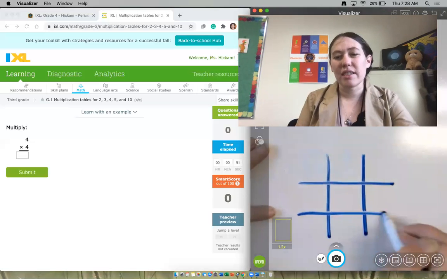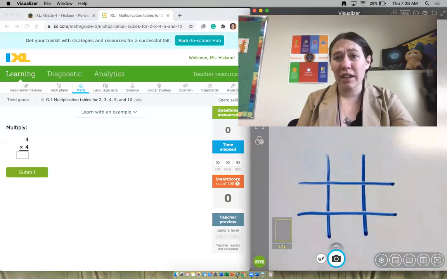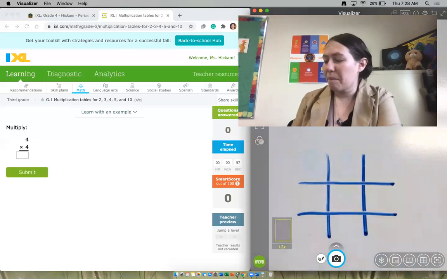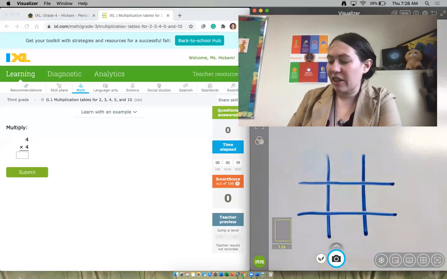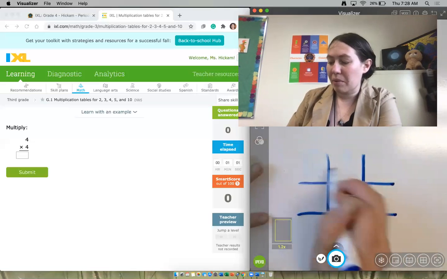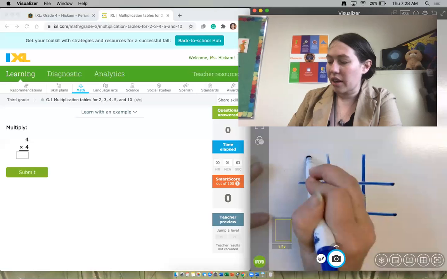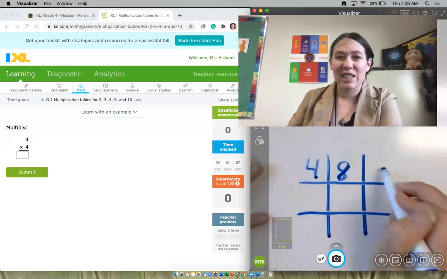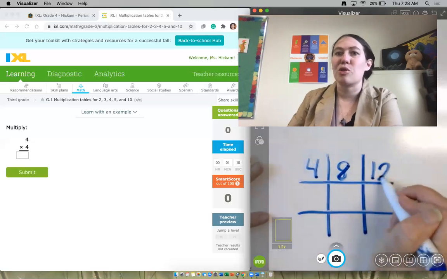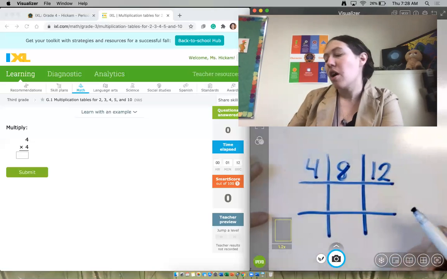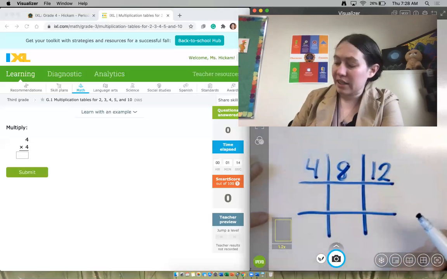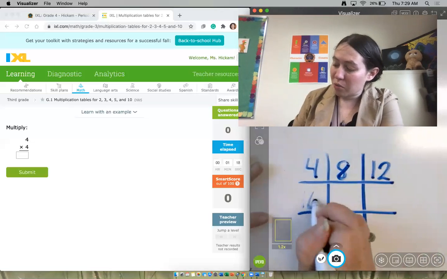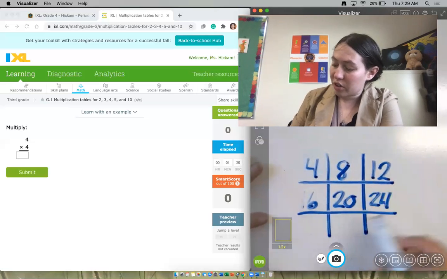Now, once I've made the tic-tac-toe board, that's where I'm going to count them, because I know you know what 4 times 10 is. 4 times 10, 40. But this way you can fill in all of these gaps. So you count by fours, 4, 8, 12. And the great thing with fours is you can actually sing them to the same tune as row, row, row your boat. So 4, 8, 12, 16, 20, 24, 28, 32,